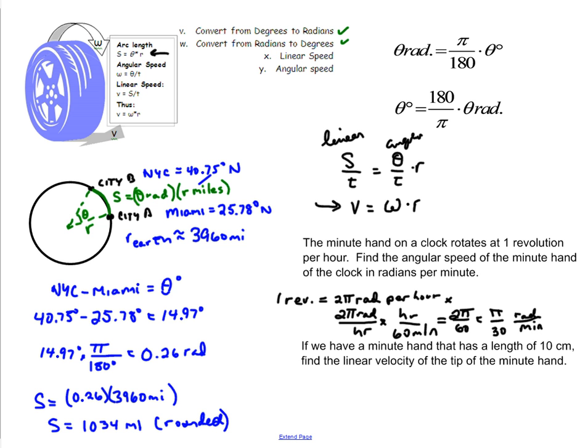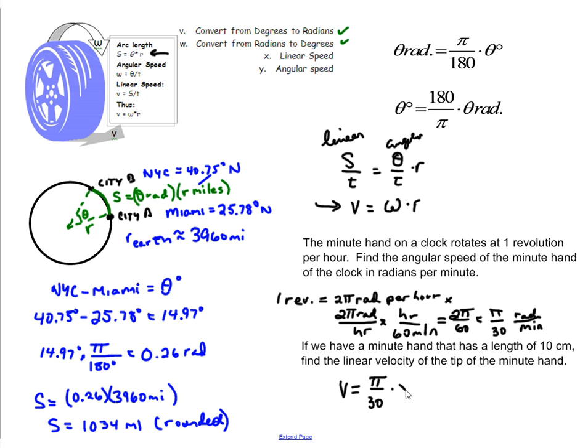So how could we use this? If we ask one more question and say we have a minute hand that has a length of 10 centimeters, find the linear velocity of the minute hand. Well, here's our formula. Our velocity is equal to the angular velocity times the radius. So the linear velocity of the tip of this minute hand is going to be our angular velocity, and we've already said it's pi over 30